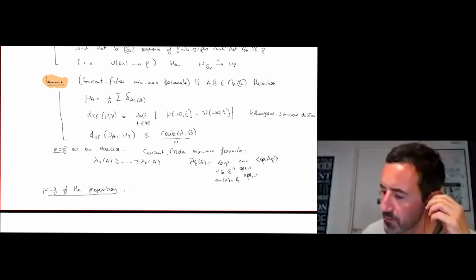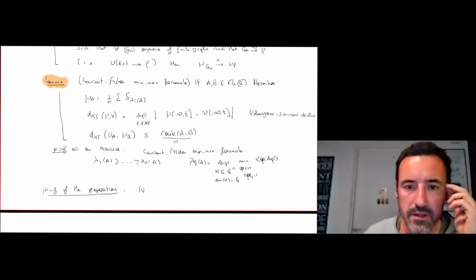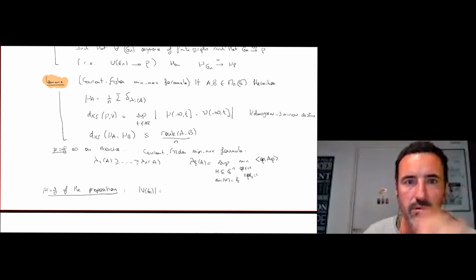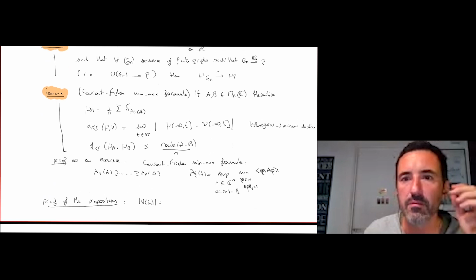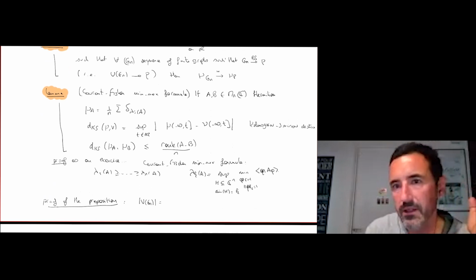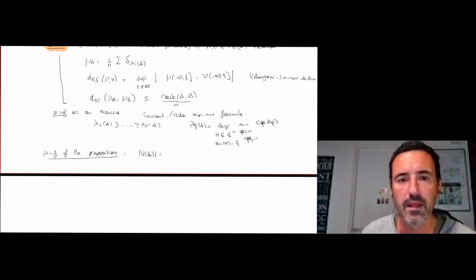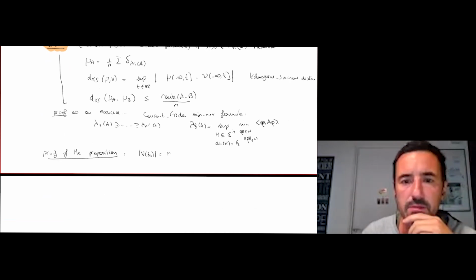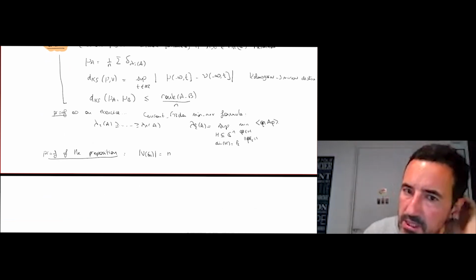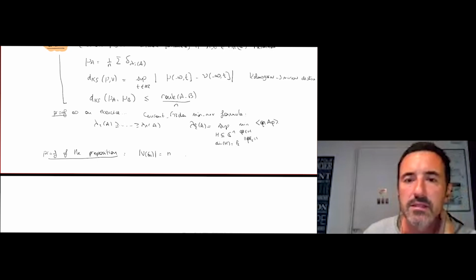Let's assume for simplicity that we consider a sequence of graphs Gn, and we will prove that they converge to something. Let's assume that the cardinal of Gn is n, and An is the adjacency operator of Gn,